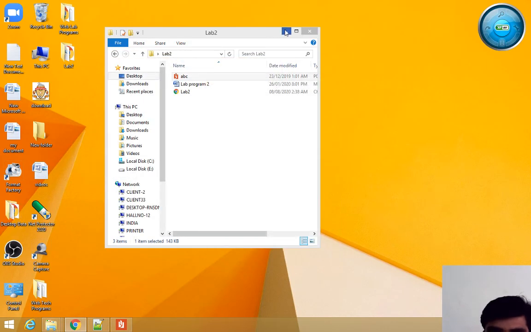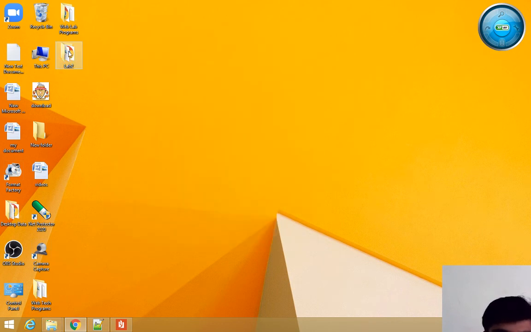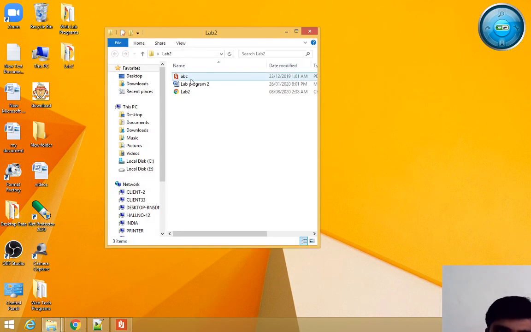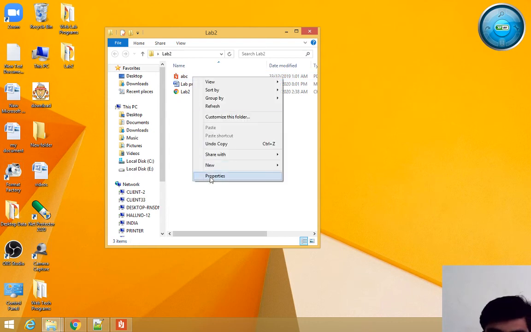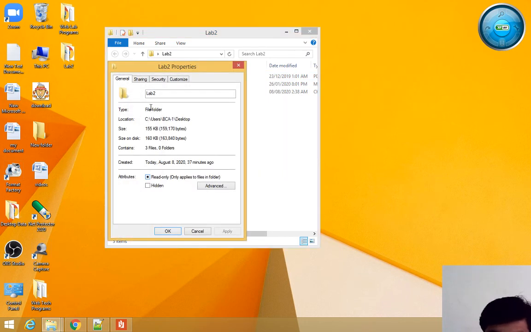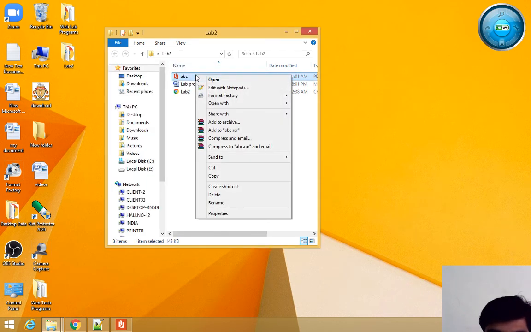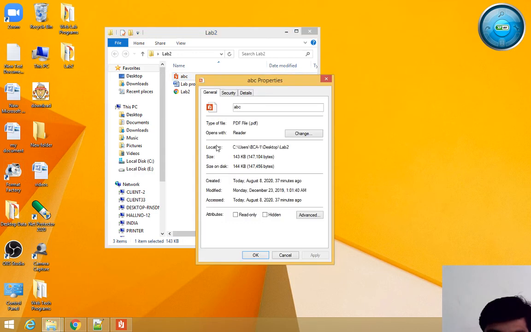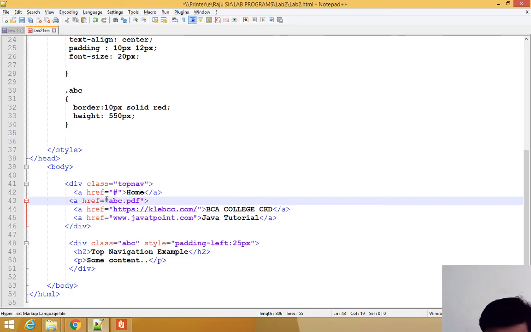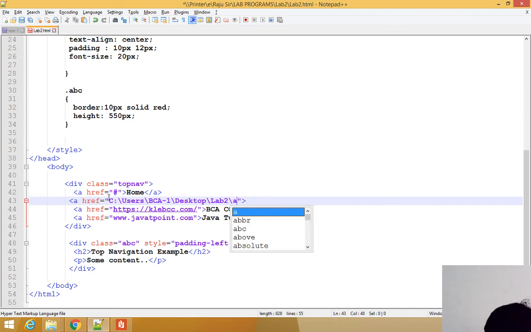How do you take the path here? See, go to your folder where your file is. Right click on that file, property, then take the entire path name, then go to the program, within a double quote, first remove this one, within a double quote paste, then backward slash, then write the file name dot pdf.